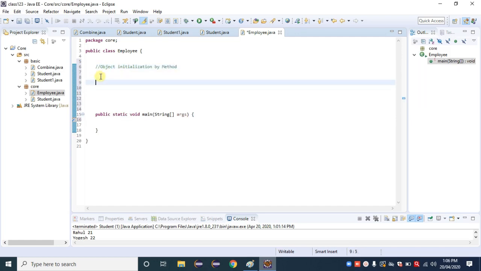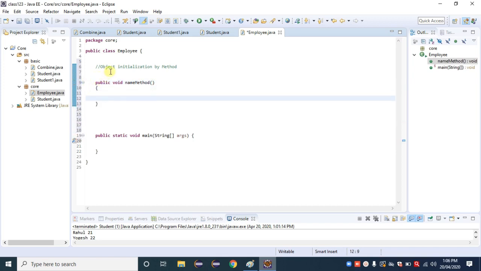First we need to create a method. I'm creating a method here, public void, and I'm using the method name as name method. We can give any method name, no doubt.